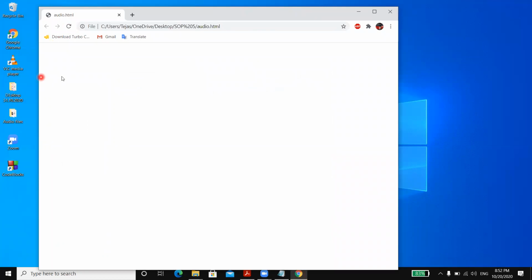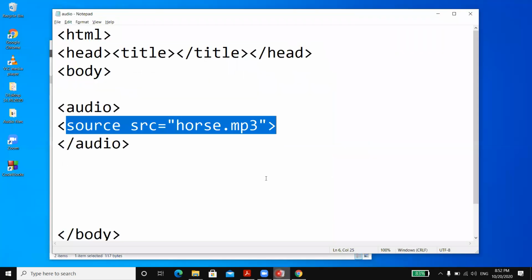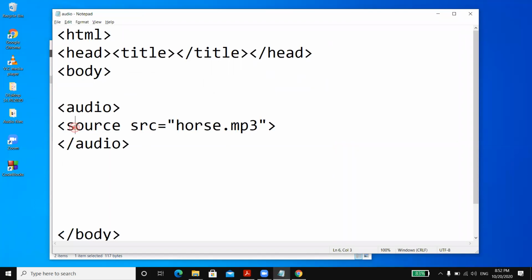Okay, so the media player is not displayed anywhere. So what wrong have we done in the practical? Here you can check, the source tag also has one attribute called type. This type decides the file format which is supported. You can write type equal to audio slash mp3. So I can write it here as mp3 also.